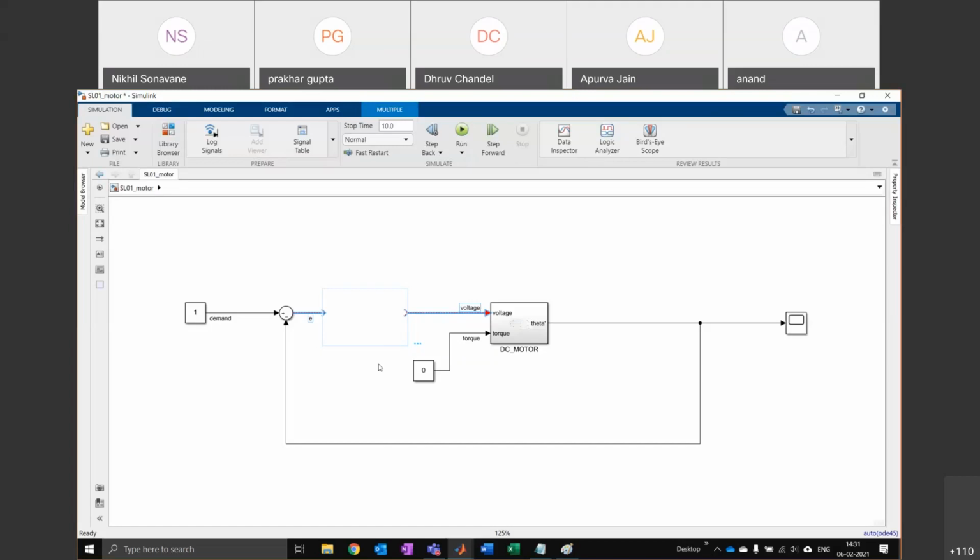Okay, so the controller should go into this space, right? But we don't actually know what a controller is right now. So what we're going to learn in the next half hour is how to design a controller, how to make a controller. And what I'm going to teach you is called the PID controller. That's used everywhere in the industry. So it should be useful, hopefully.